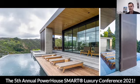As it turns out, they benefit a little bit more from protection from the sun than the wind. We didn't know exactly how it was going to work with the wind, but this is where it became a collaboration, and Andrew and Marcin and I had to work through a lot of complicated details. The tracks and the system come from a company that builds operable walls that you typically see in convention centers or in churches where they separate a rec hall or something like that. So we used that track system